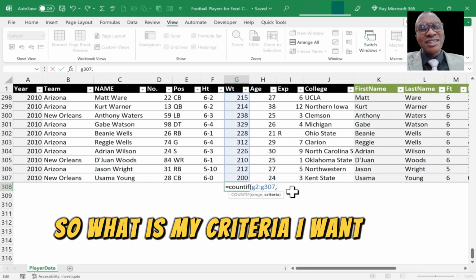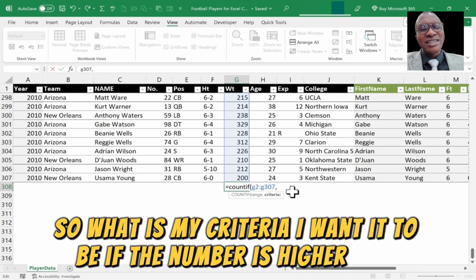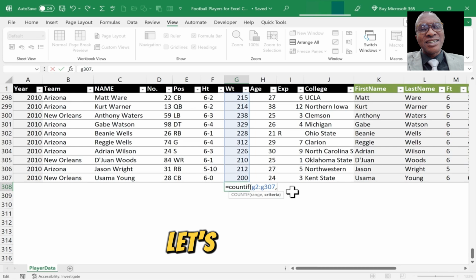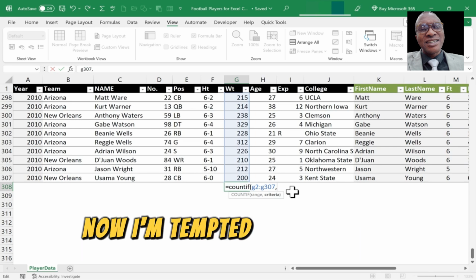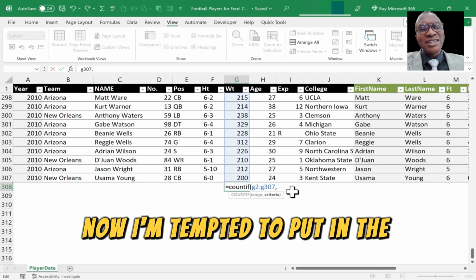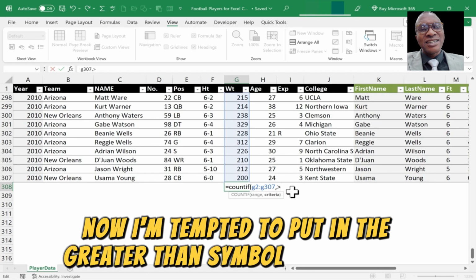So what is my criteria? I want to count if the number is higher than, let's say, 329, so 330 pounds or higher. Now I am trying to put in the greater than symbol and put 329,